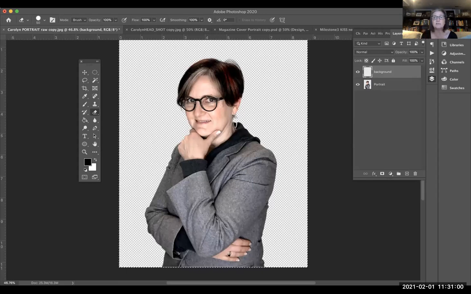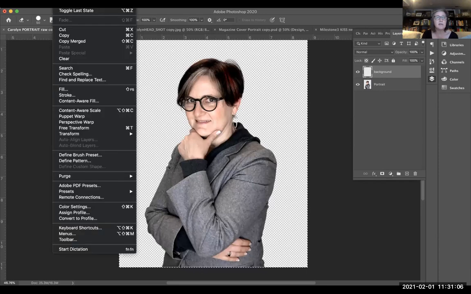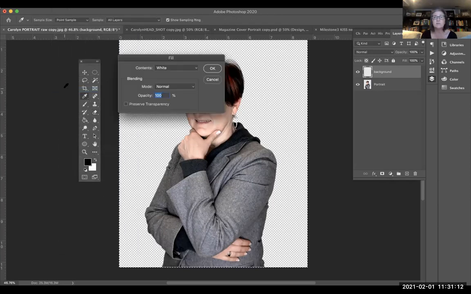So there's a few ways that we can fill this background with color. I've selected the entire layer, select all. And under the edit menu, I'm going to fill. Edit, fill. So it's going to fill my selection. And I can choose any color I want. Right now, I don't have a lot of options because my foreground color is black. My background color is white. And then I have black and white. So if I fill it with black,